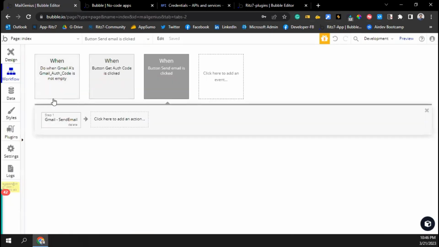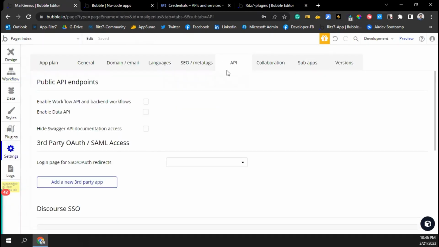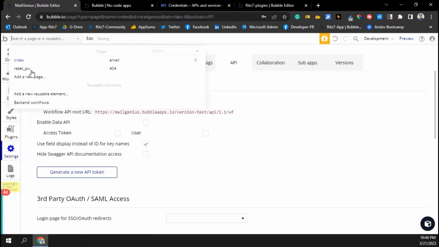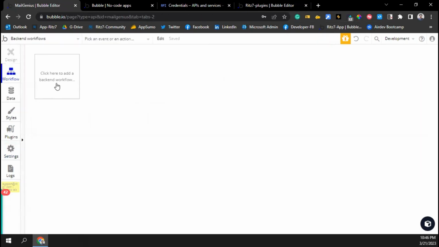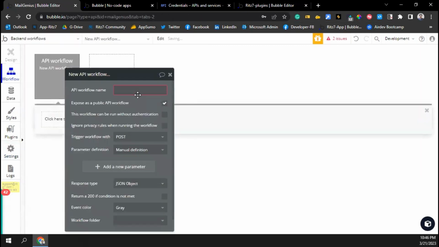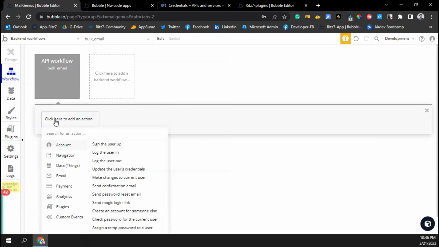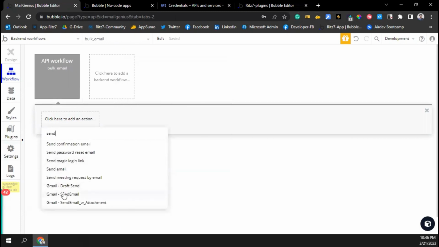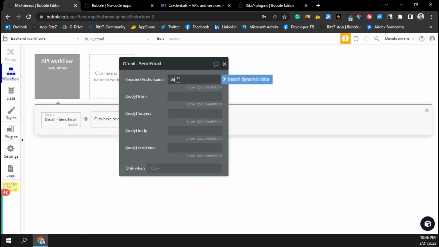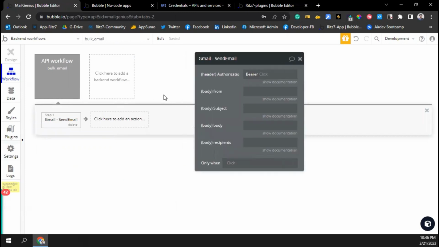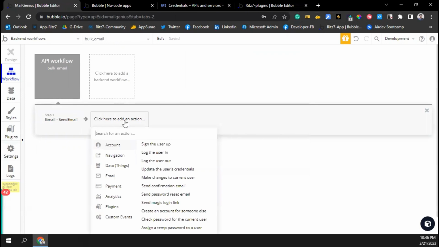So now let's look into how we do bulk emailing. So we go to API, enable the backend workflow. We go to backend workflow, create an API, say bulk email, click on this and this, and send email where we need bearer. So we need the bearer token, but since we are doing it from backend,